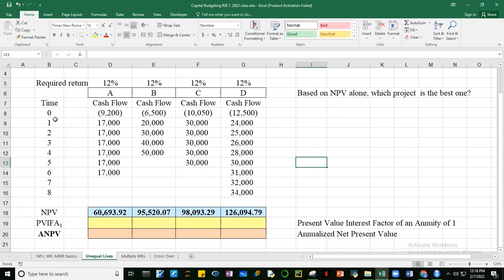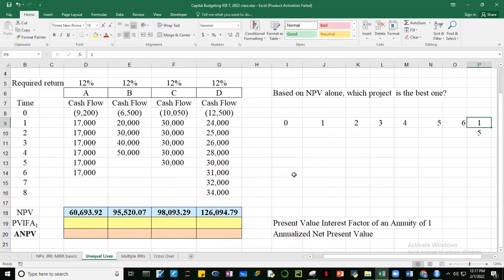So let's get an example ito, no? Itong project A. Let's compute for the present value interest factor of an annuity of 1. Ibig sabihin nun, okay, so 0, 1, 2, 3, 4, 5, 6. So si project A, 6 siya, di ba? 6 years yung term life niya. Now,